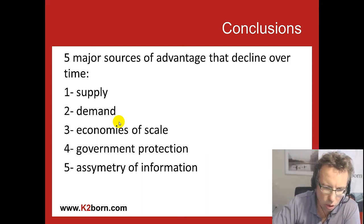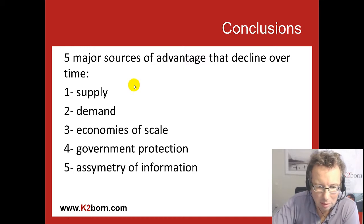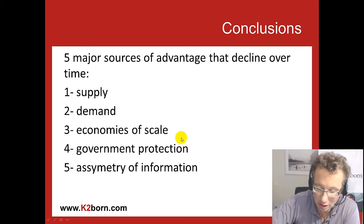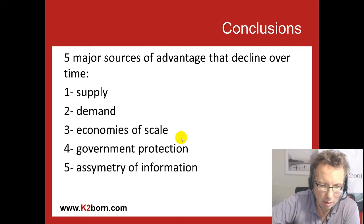The best one is demand, just before any of the others: customer fidelity, customer retention. As soon as you're growing, you will make necessary economies of scale, so you'll use it. You can try to play with asymmetry of information, but it's difficult. On supply, it's possible, above all if you've got a good R&D department. Government protection is only for the happy few, let's say. So try to think about it, how you can boost it,